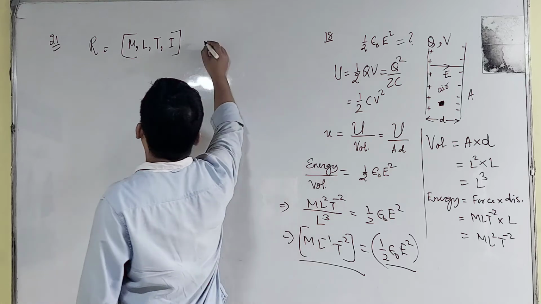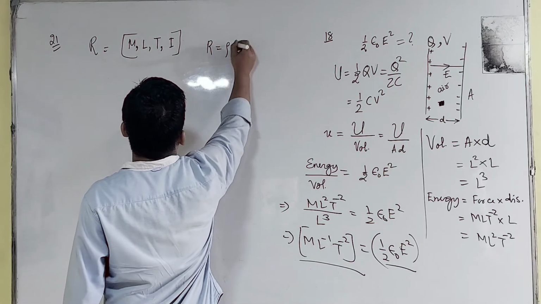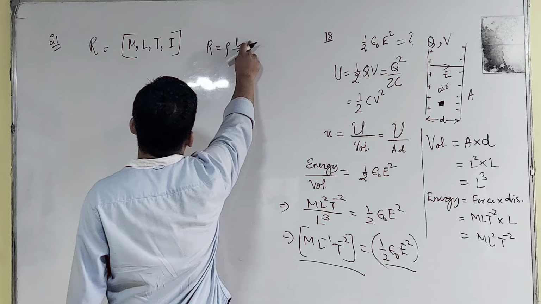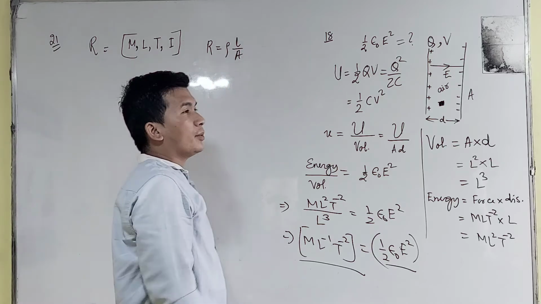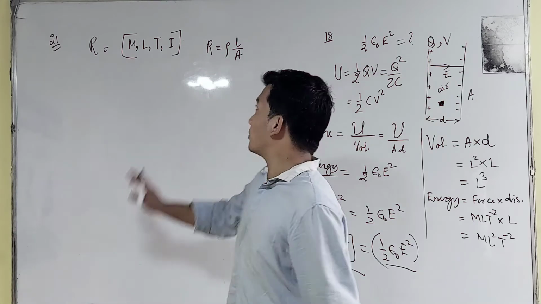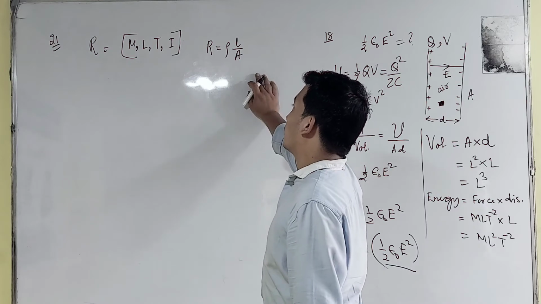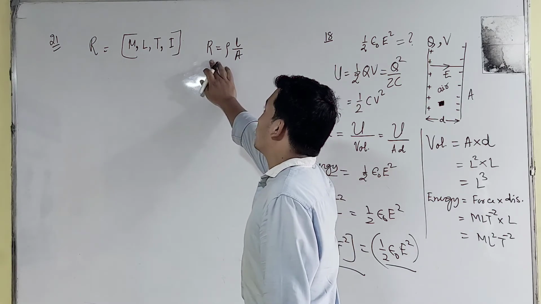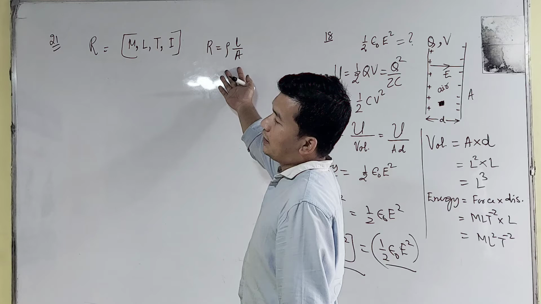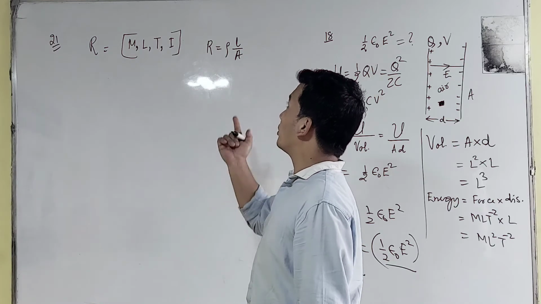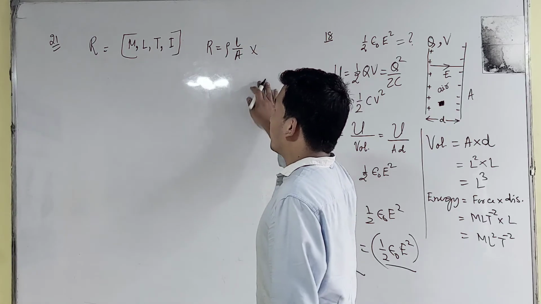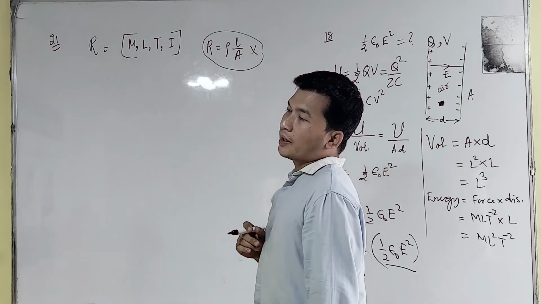The formula for resistance is R equal to rho L by A. Rho is resistivity, A is area, and L is length. This is resistance expressed in terms of dimensions. In this formula, if we calculate the dimension formula for R, we have area and length, but we do not have mass or current or time directly, so we cannot use this formula. Remember, we need current to come into the relation for resistance.